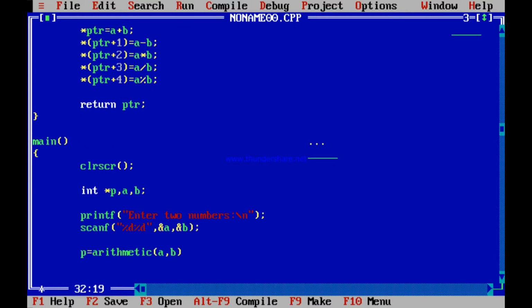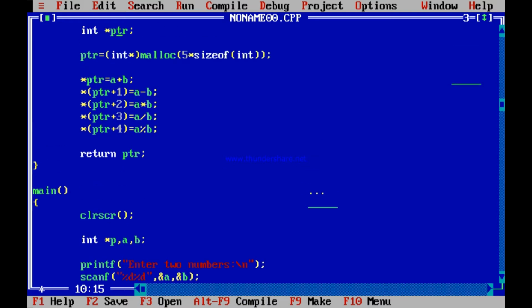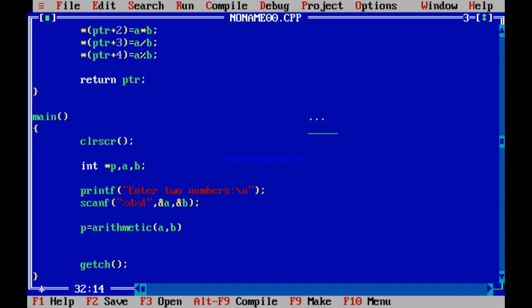Now I call this arithmetic function, and I know that this arithmetic function will do all the addition, subtraction, multiplication, division and finding the remainder for me and return the address from where it starts. So I receive it in p. So I know now I can access p, p plus 1, p plus 2 and so on and get the results. So what will I do over here? Now I will ask the user with printf, what do you want to do? You want to add or subtract or what? But everything is ready with me.